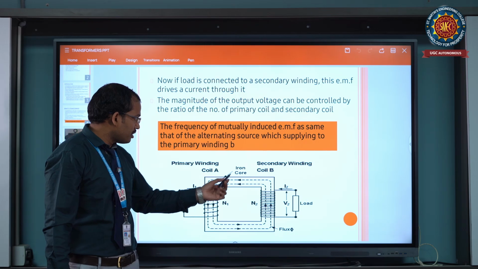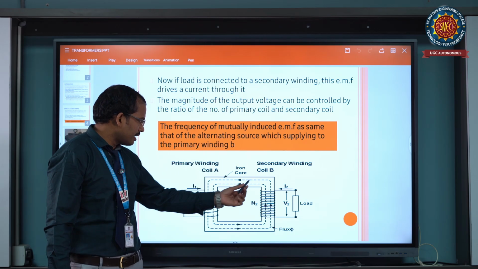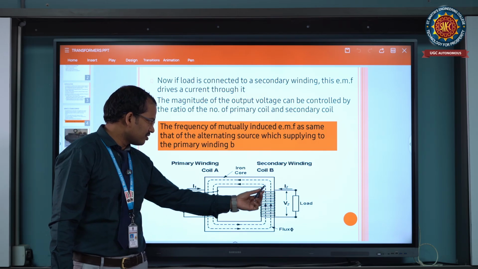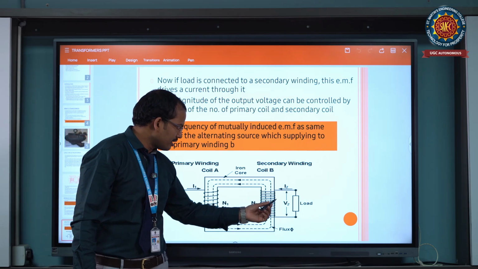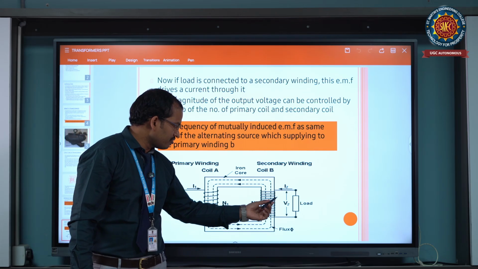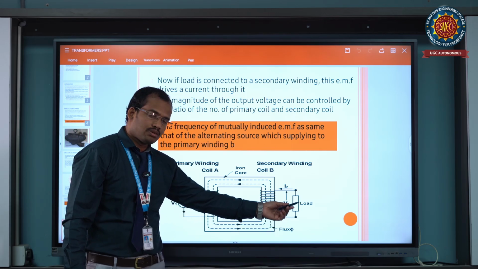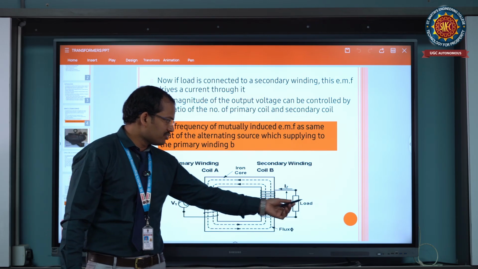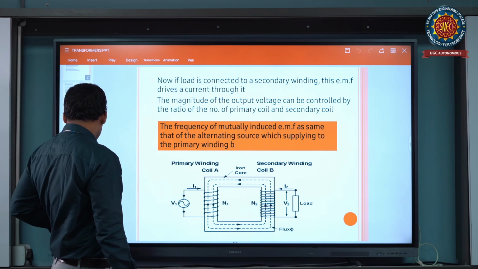So the mutual induction principle, primary to secondary. This flux is linked to the secondary side. The secondary side cuts the flux and EMF is induced. Then the secondary side is connected to the load. For this load, single phase transformers are always used for domestic level purposes. So this is the next diagram of the